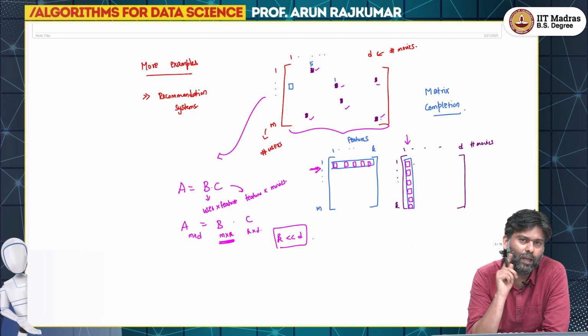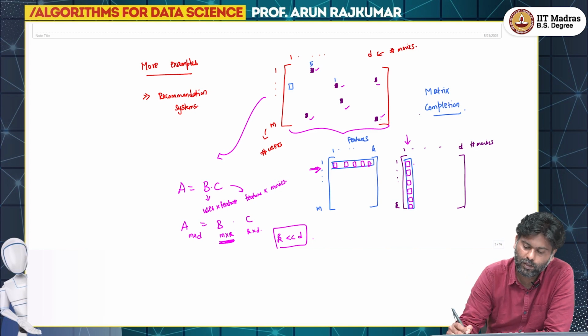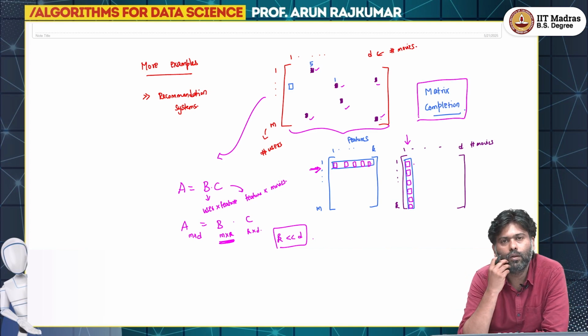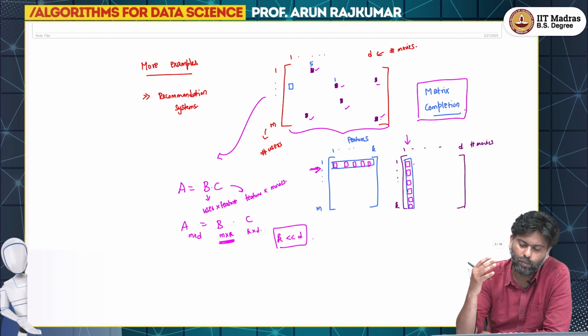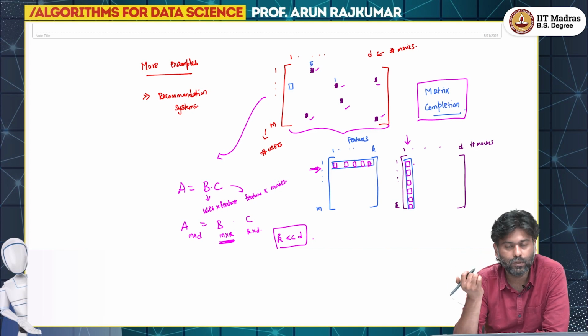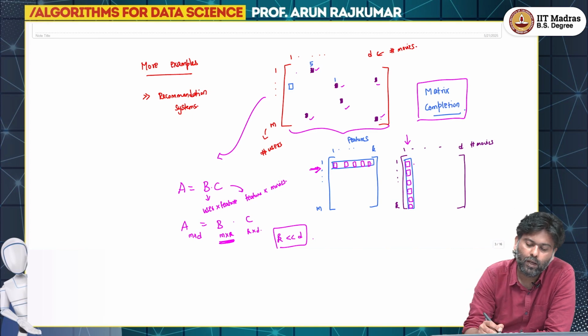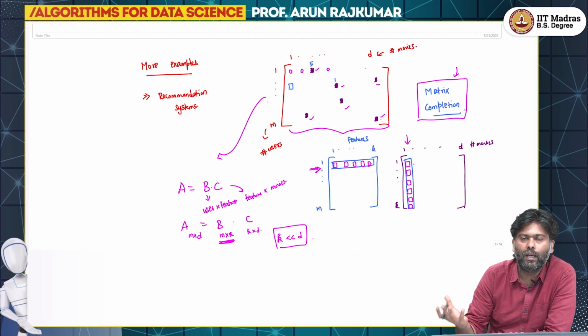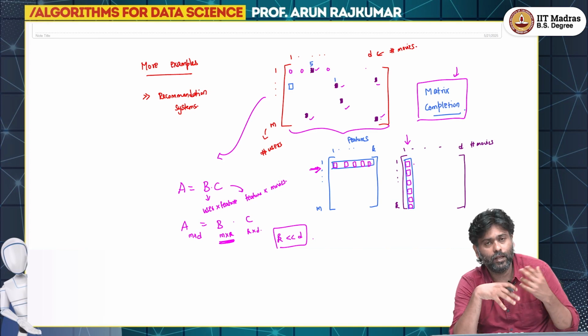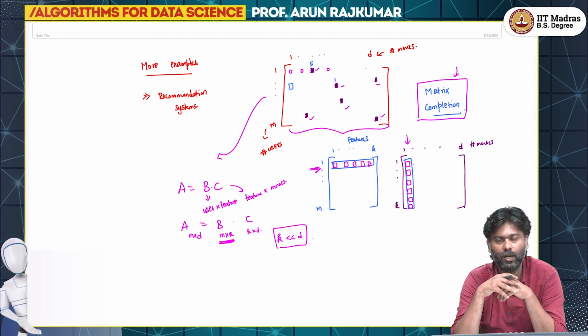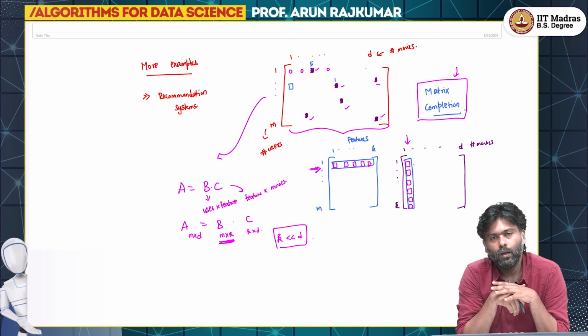And to do that completion, again we will rely on the matrix completion methods, which we are not going to discuss in this course, but those methods will also rely on singular value decomposing A, right? So it becomes more nuanced. Which A are we doing SVD of? That depends on the matrix completion algorithm, the flavor of the algorithm that we are using. One way is to just think of these as zeros and then try to take the SVD of that and then use that SVD to do some more fillings of this matrix and then do an iterative procedure and so on. So, I am not going to discuss the matrix completion algorithm in this course,